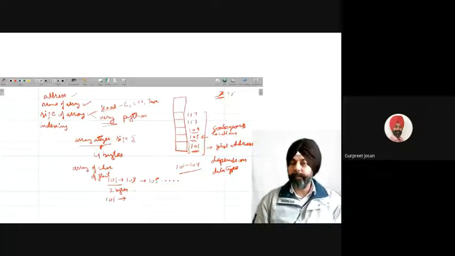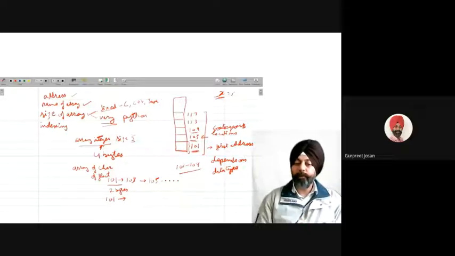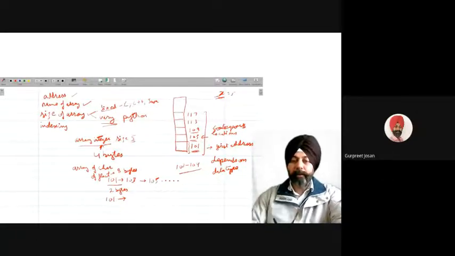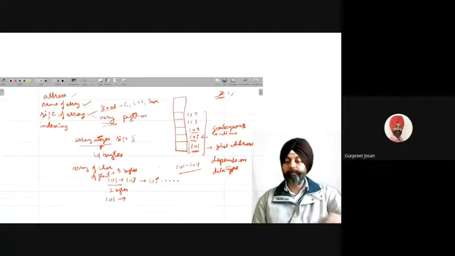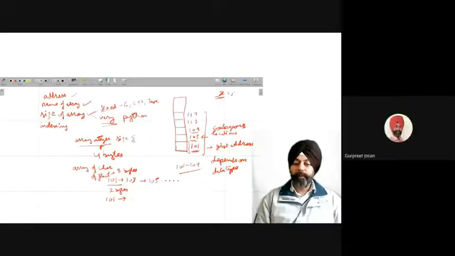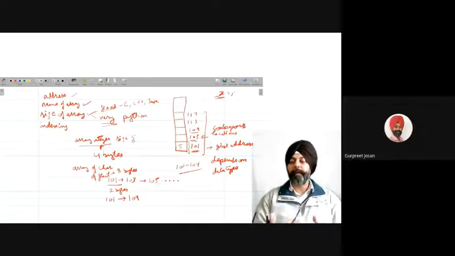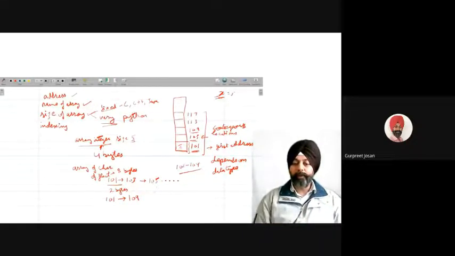Similarly, if it is an array of float and the first address is 101, then what will be the second address? Because float requires how many bytes? 8 bytes. Float requires 8 bytes. So what will be the second address? 109. Okay. Because first location will be of 8 bytes. After 8 bytes, next address will be 109. So 101 plus 8, that will become 109. And similarly, you can also calculate the next addresses.